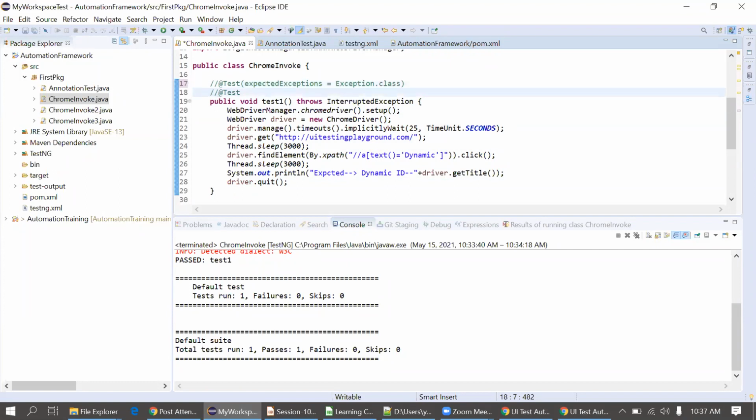Handle means the test case will not terminate abnormally. It will go to the catch block, and if we are printing something or performing some action in the catch block, it will execute that part. Yes, it will simply handle it.